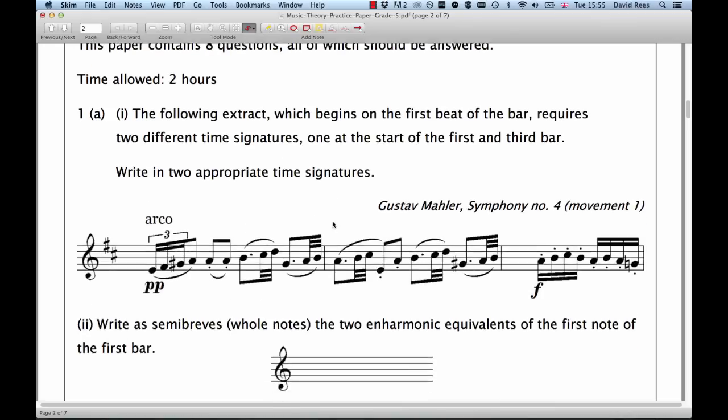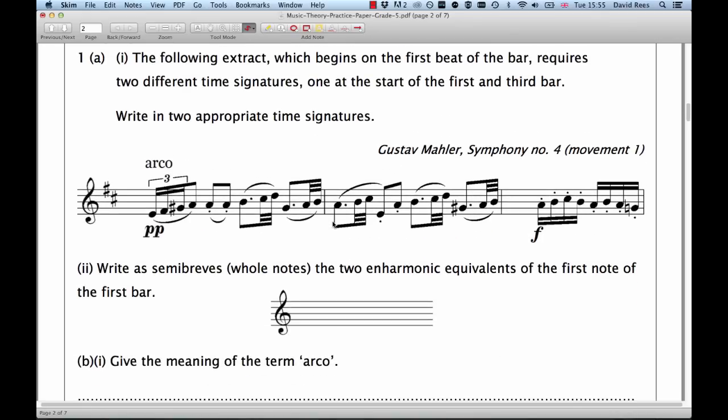So this is a piece of music which isn't completely in a regular time, in as much as there are some pieces where there's just 4 beats in every bar and the whole piece works out that way. Other pieces, composers choose to change the time signature for a particular rhythmic effect or something they need to do in the music, and so we need to be aware of that as we're playing and performing music. So here it's asking us to try and work out what the time signature is here,